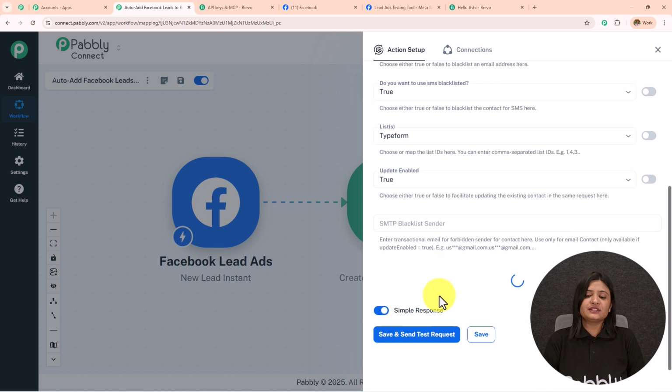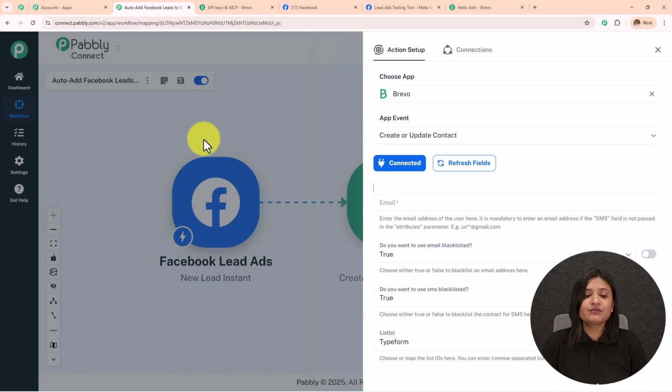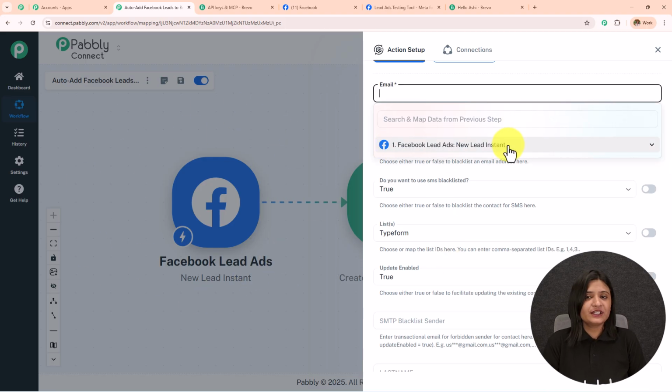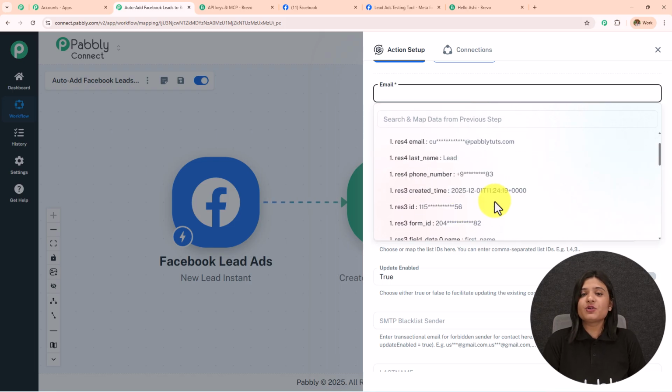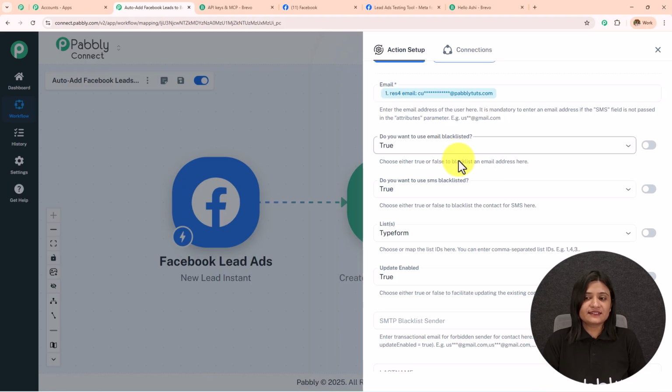Now I need to enter these details. Now over here, I'm not going to enter these details manually. Instead, I'm going to use a method called mapping, which means I'm going to enter the data from the previous response. I've received the response from this Facebook lead ads, and when I click on this field, I can see this Facebook lead ads. When I click on this, I can see all the response which I have received from there. I'm going to enter my email address as this current lead